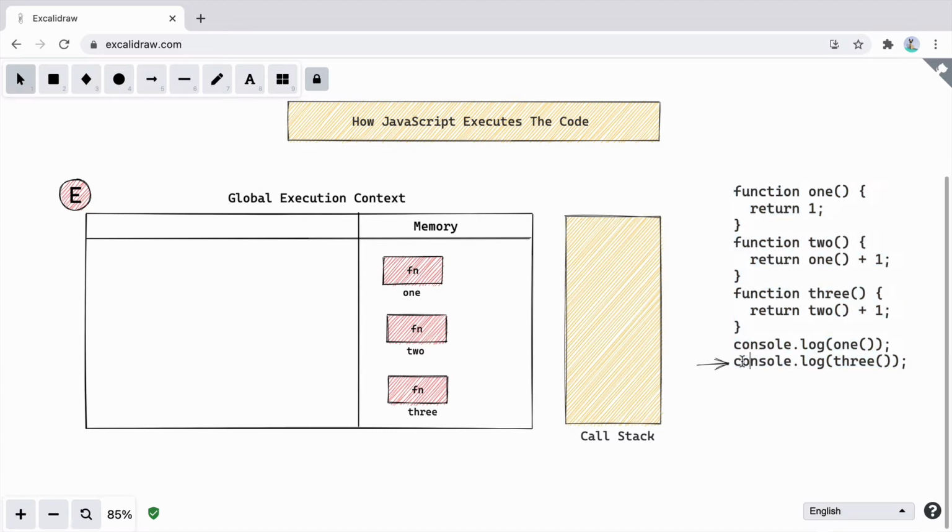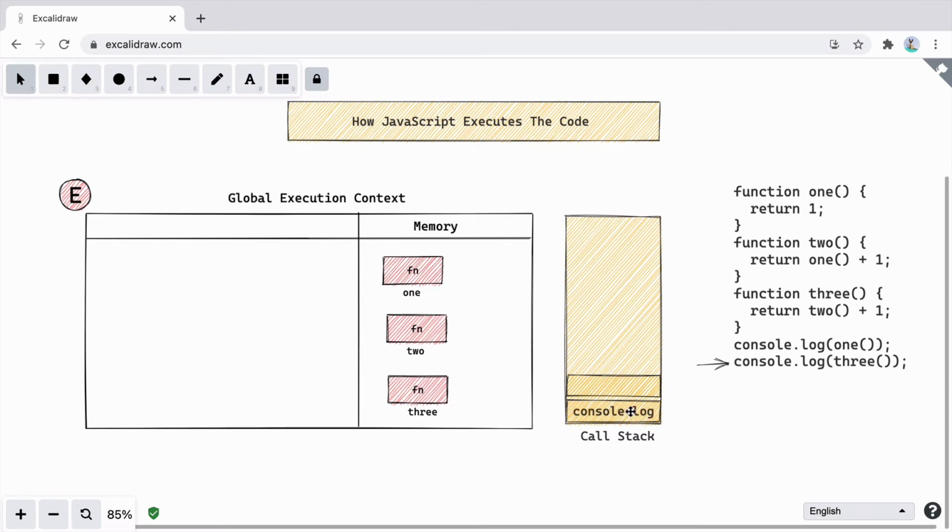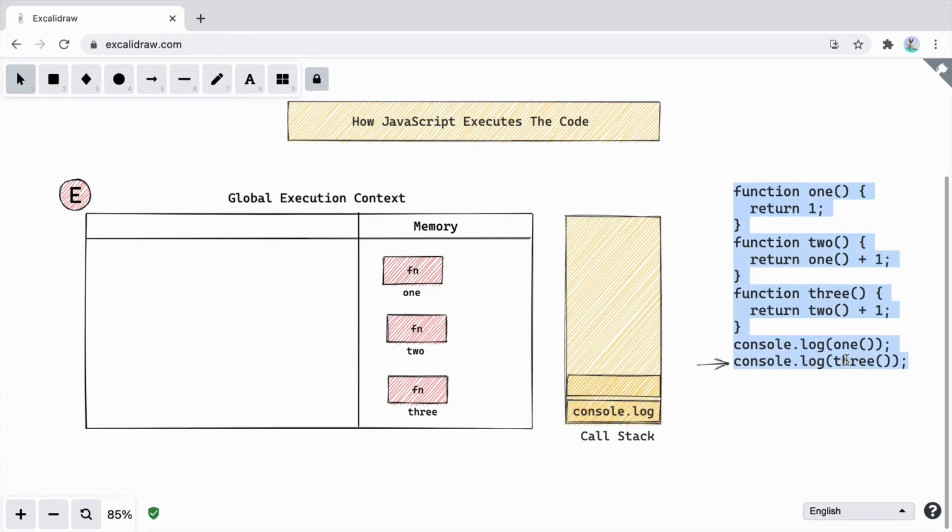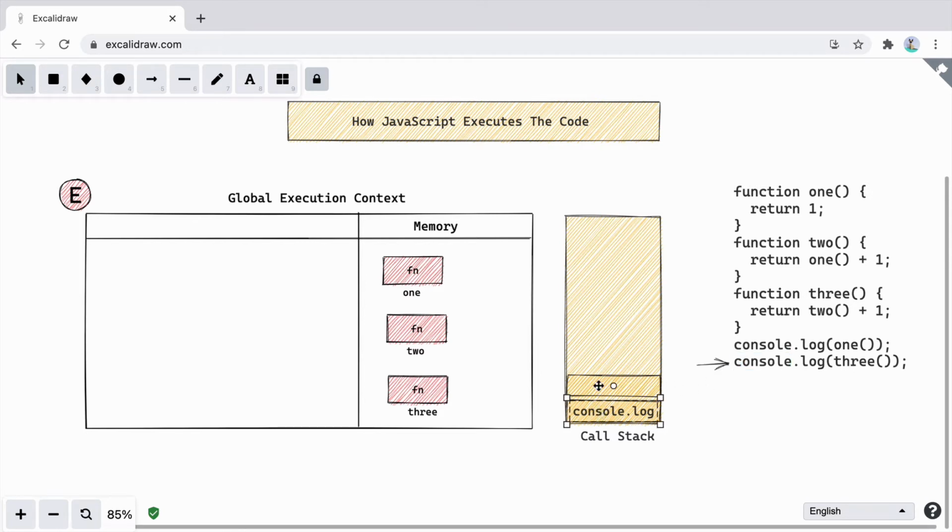So when we come to this line, we are executing the function console log. Inside that, we are executing 3. So what will happen is, it will go ahead and add the first function into the stack. Which one is the first function? The first function is console log. So we'll go ahead and write console log. And to make console log work, you will also have to execute the function named 3. Only if 3 is executed, the console log will be executed. So what it means is, if you want to make console log work, you will have to execute the function named 3. So it will go inside 3 and add that to the stack.